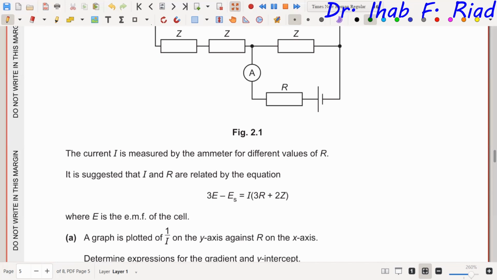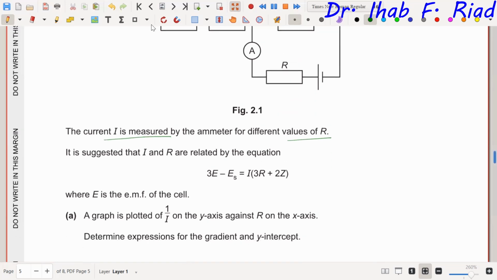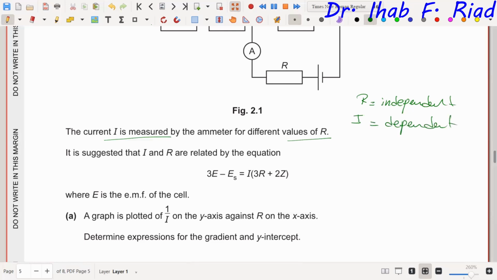So he's telling us the current I is measured by the ammeter for different values of R. Can we decide which one is the independent and which one is the dependent? Okay. R is the independent, and I is the dependent. Exactly. Now, if we take a look at this equation,